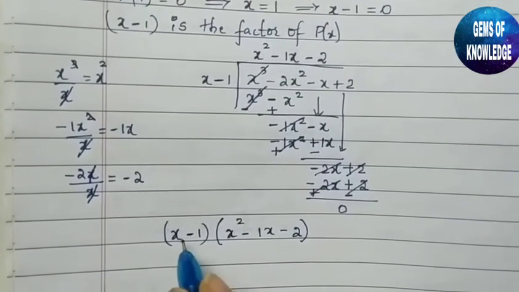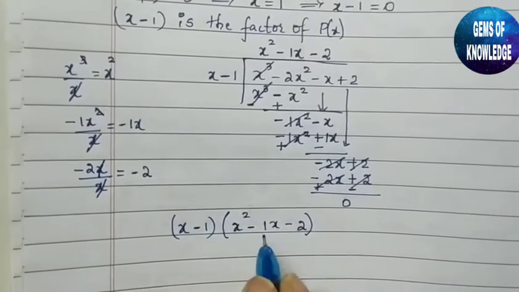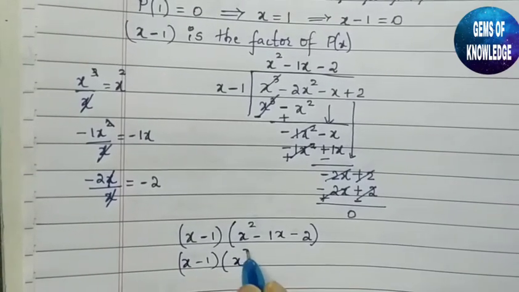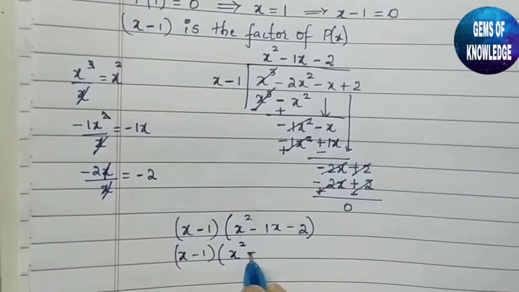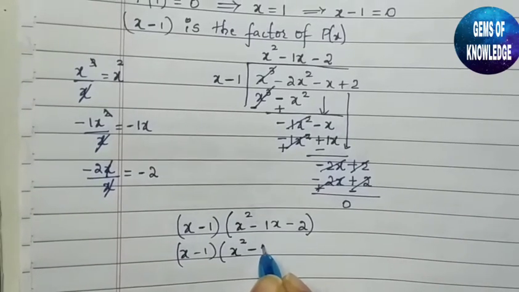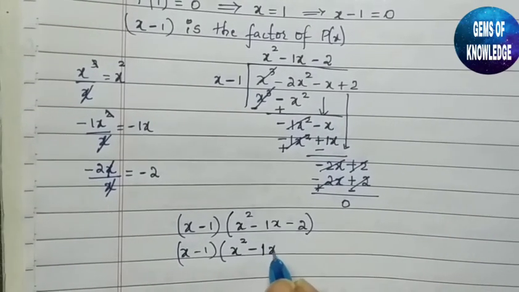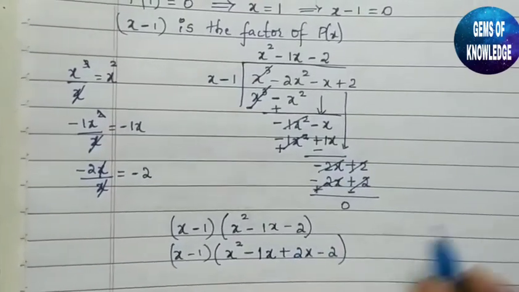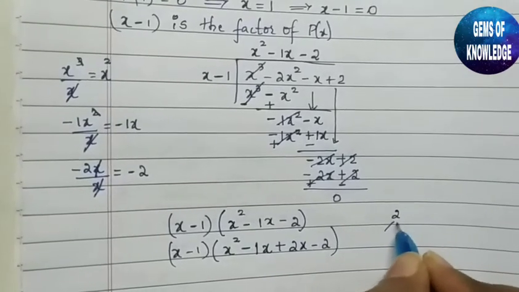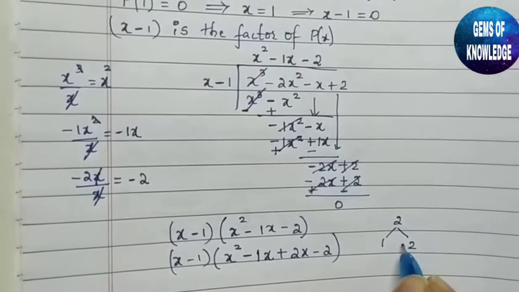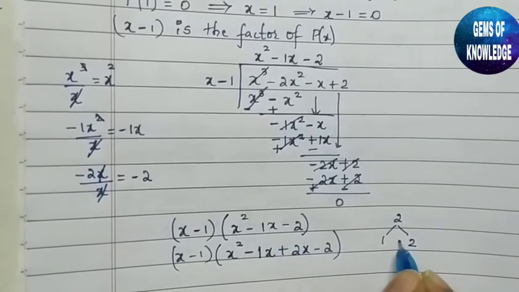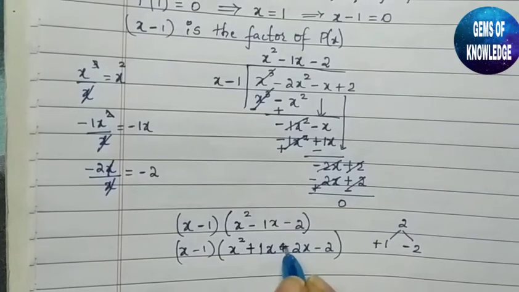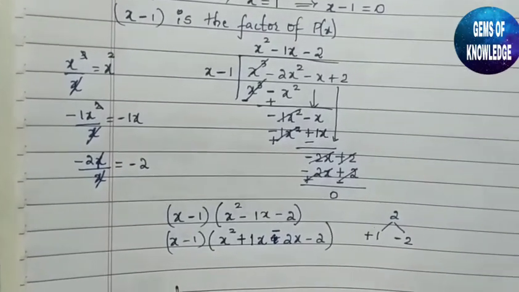So now what we need to do here is we need to keep this term as it is and we need to open this. So here we are getting x square minus 1 is given. So minus 1x plus 2x minus 2. Because 2 can be written here. The 2 was given and it can be written as 1 2s are 2. And we need minus 1 here. So this will be minus and this will be plus. So this will be plus and this term will be minus.